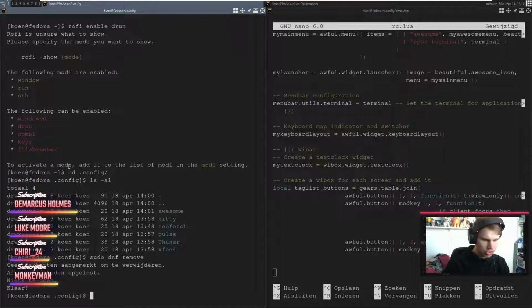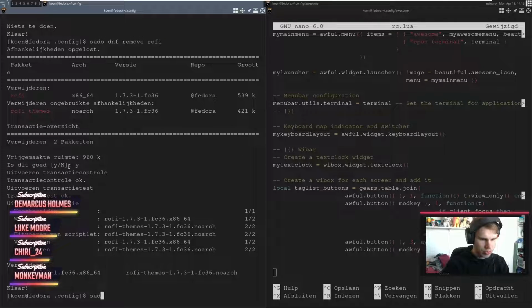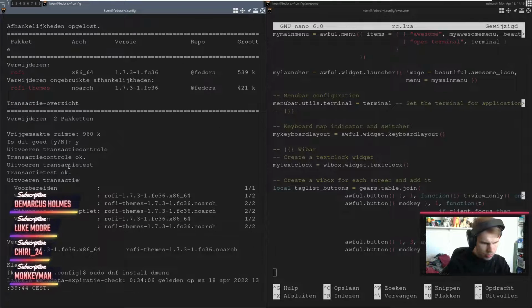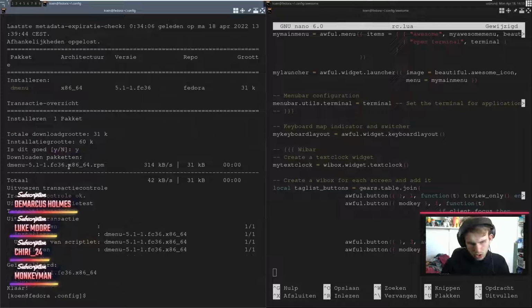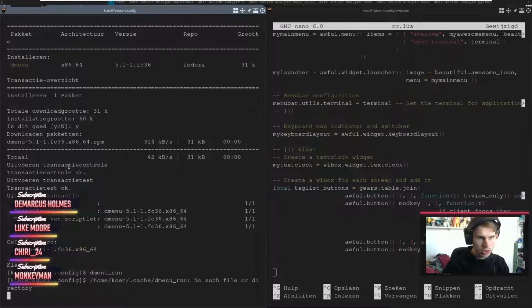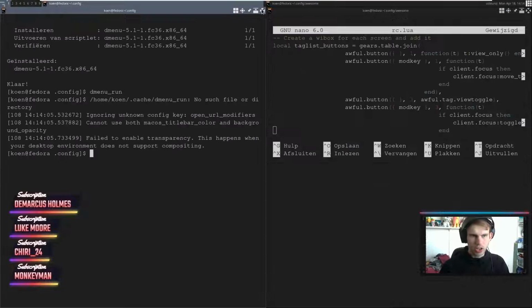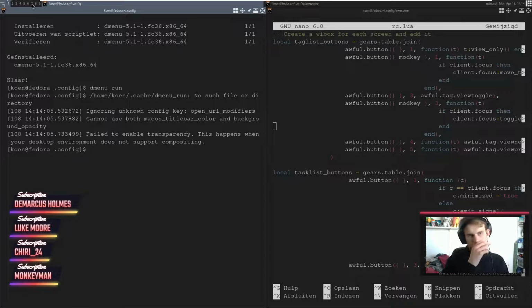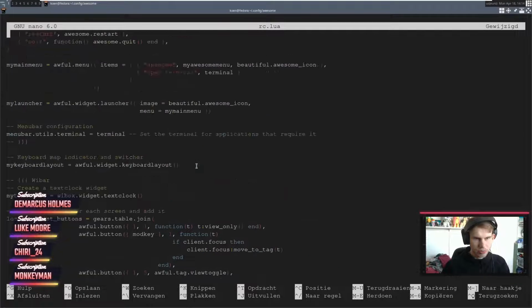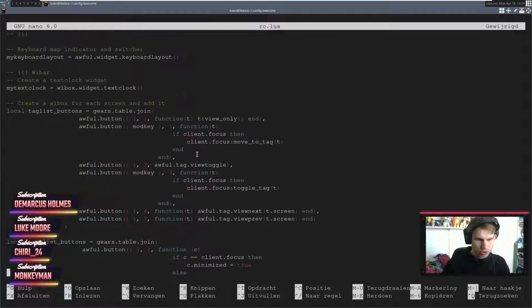For simplicity, what we can also do is just do dmenu. Sudo dnf install dmenu. Dmenu is also quite good. We can make use of that. So what we can do from here is we can go dmenu-run. And then we can put in all kinds of stuff inside of our dmenu up there. It comes up here on the top bar, and it's kind of small still, so we need to fix that around. But yeah, we can do that. That's also not very difficult to do.